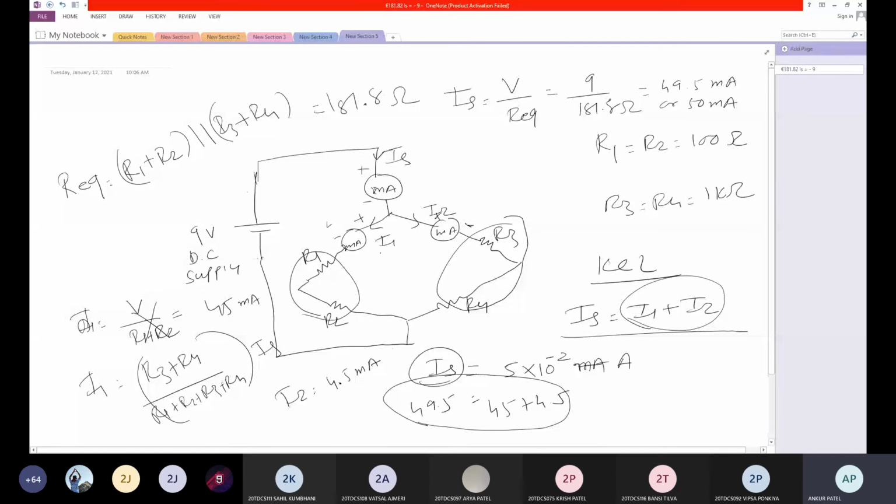We need 3 DMMs for current measurement. So 9 volt to the positive of the first DMM. The negative of this DMM goes in two ways. First connect this negative to the positive of the second DMM, and the negative of the first DMM to the positive of the third DMM. Then the negative of the second DMM connects R1 to R2, and this R2 you can connect either to R4 or to the battery negative.